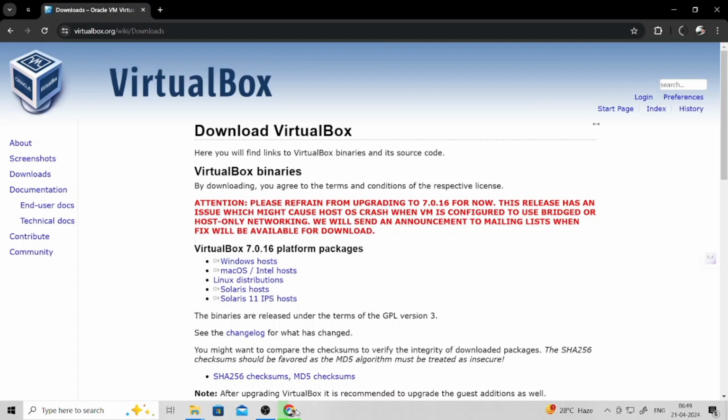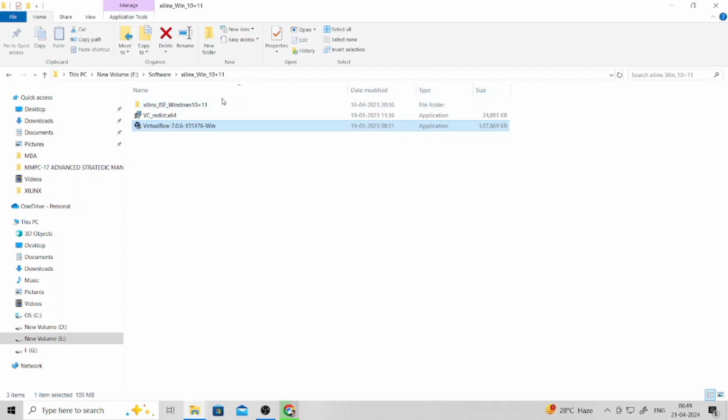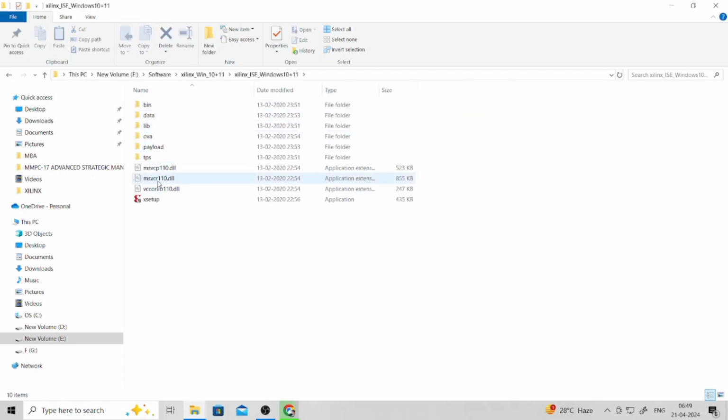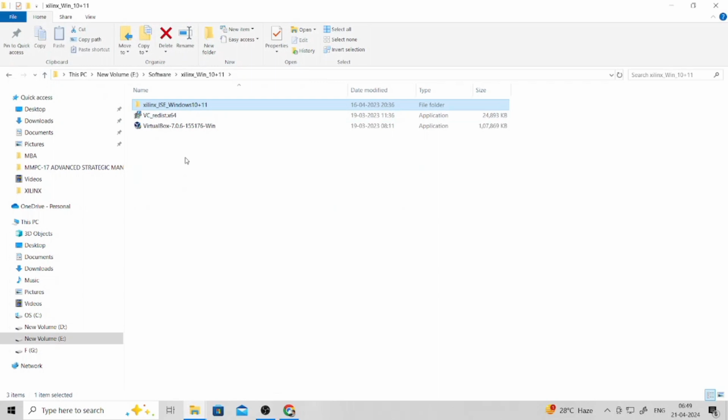Now the third software required is Xilinx ISE 14.7 itself. You can see I have already downloaded and extracted it, because generally Xilinx ISE 14.7 comes in zip form, so I extracted it, and this is the setup file and other supporting files. So how can you download this Xilinx ISE 14.7? If you want to download Xilinx